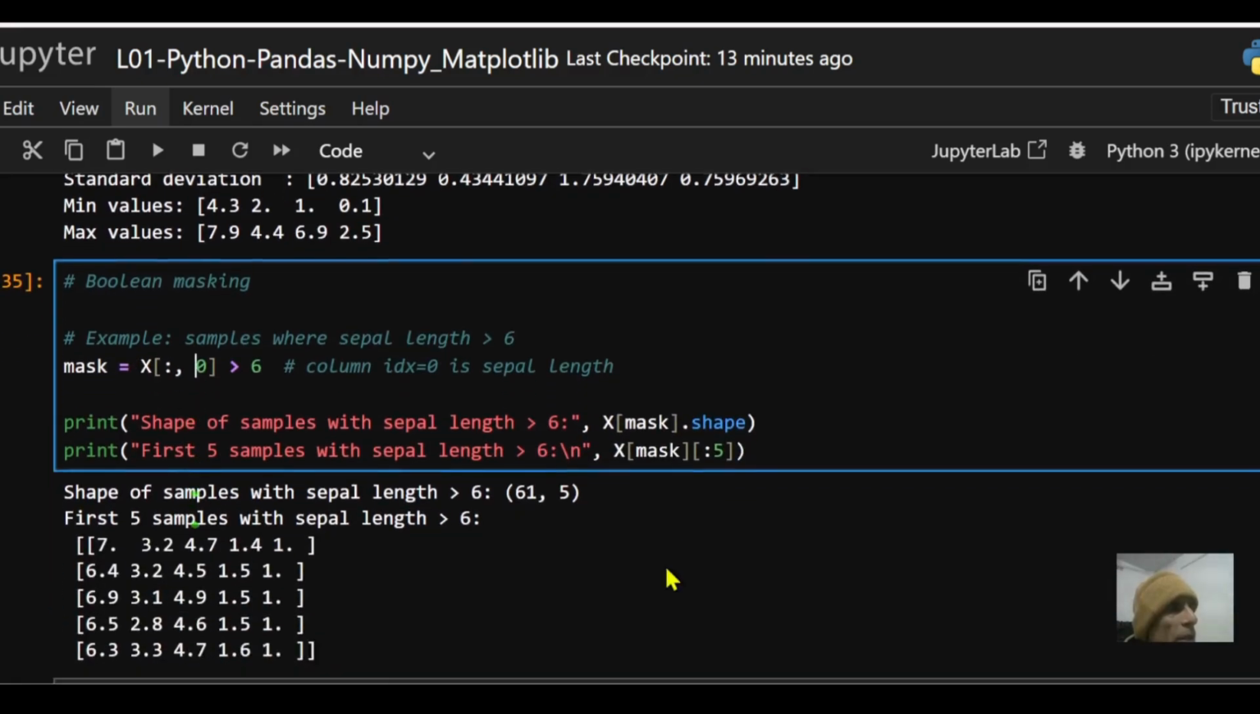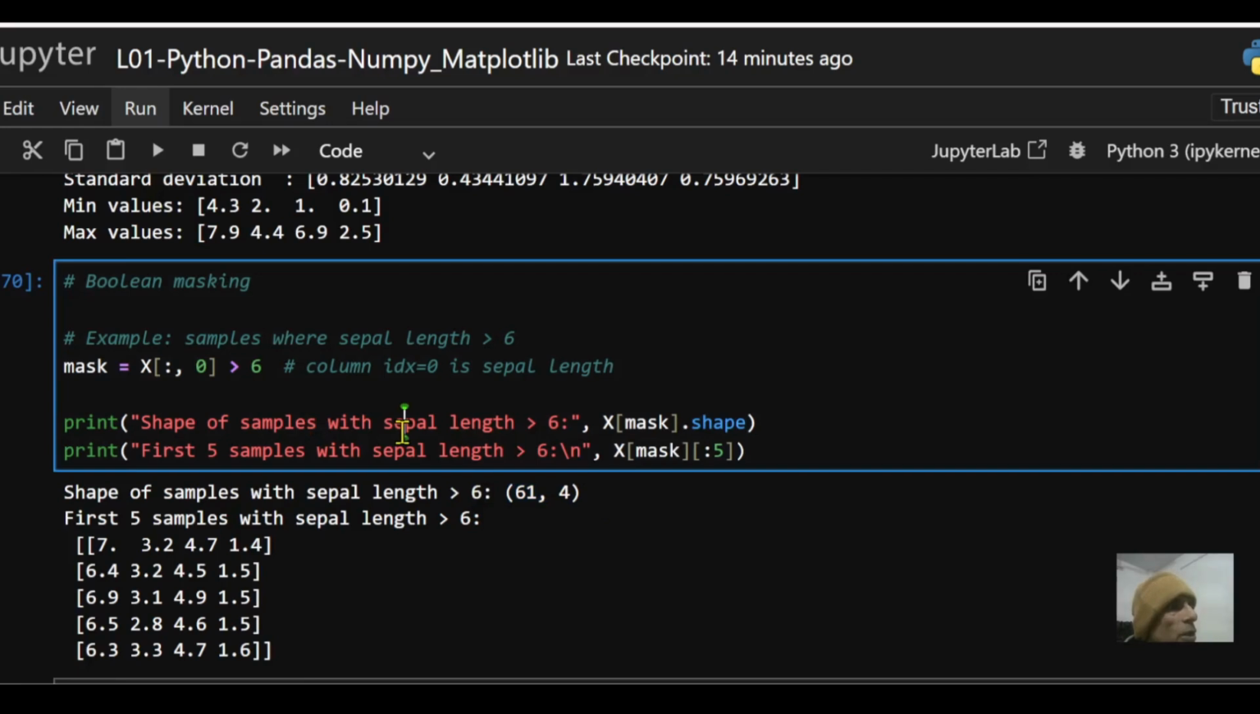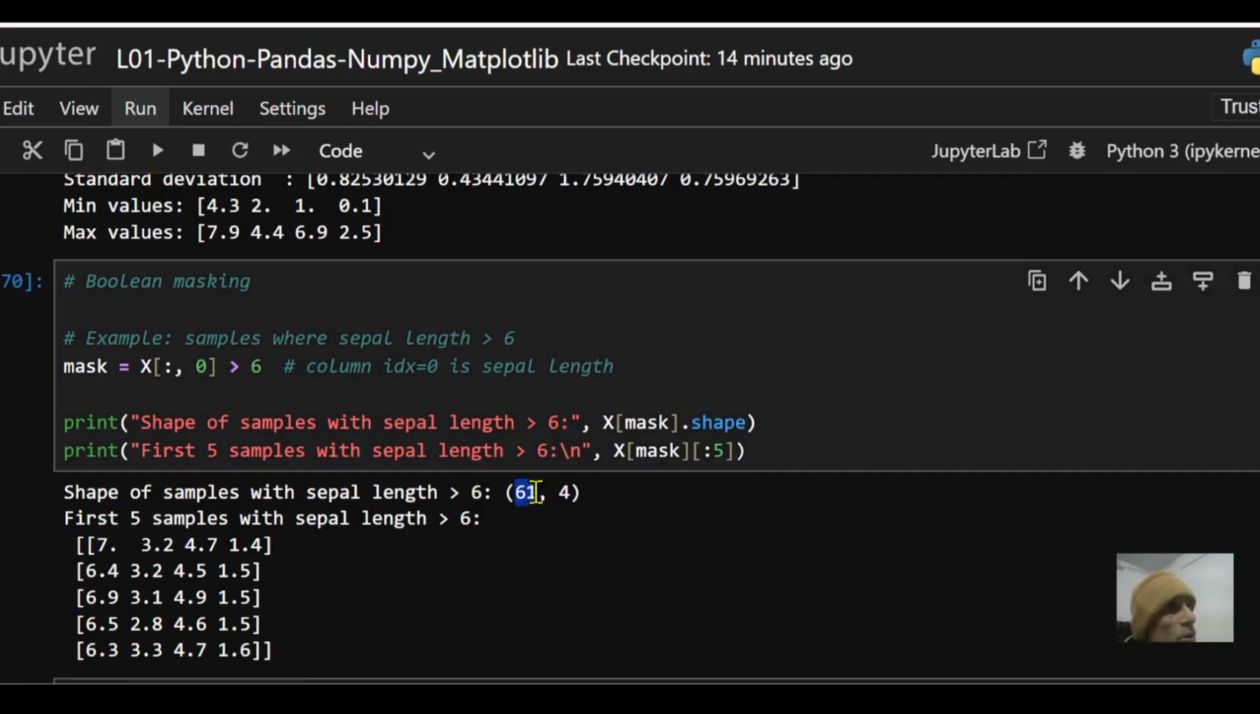I want to know how many of them are satisfying this condition. I also want to see some of the first 5 records. So the shape of the samples with the sepal length more than 6 is 61 comma 5. Let's just run this. In other words, 61 comma 4. In other words, there are 61 rows and 4 columns that are satisfying this condition where your sepal length